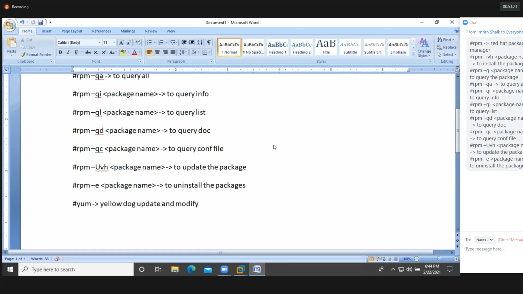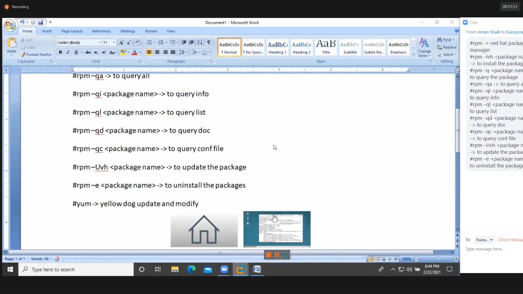So using this YUM command, we are able to resolve the dependencies automatically. Dependencies means supporting software, you can say. Guys, in your local machine, if you're using RHEL 7.0 at present, you are unable to execute the YUM command, and we will get some errors. I'll show you. Let's see here.